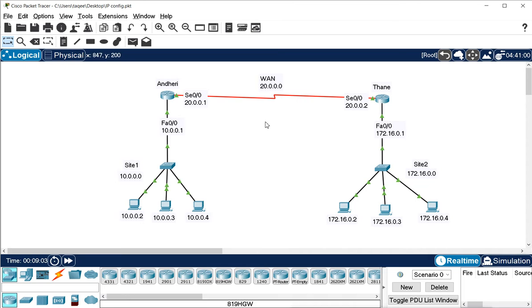The first hop address for this router Thane for network 10 is this, because when you want to go to this network, you will go from this serial interface and enter the router Andheri through this interface, and this will be the IP of the interface. So this IP will be the first hop address for this router, for this network.